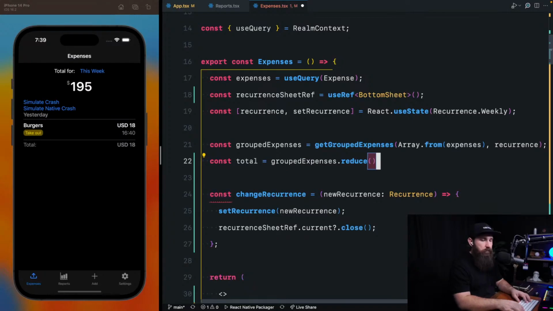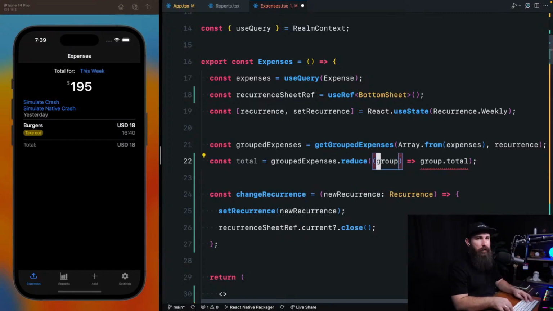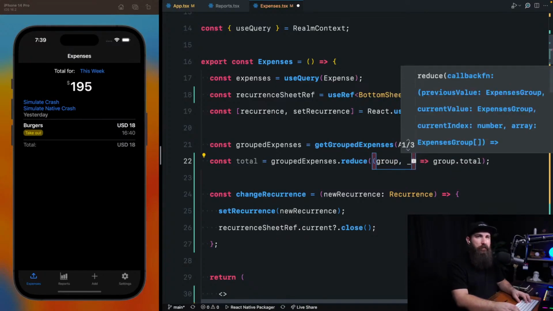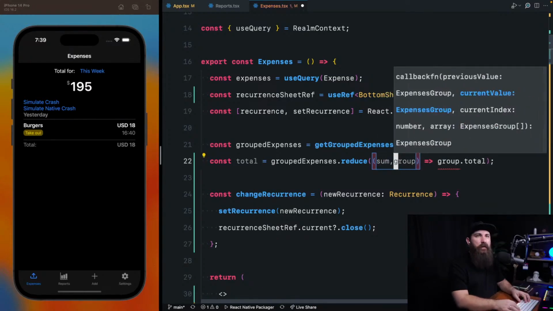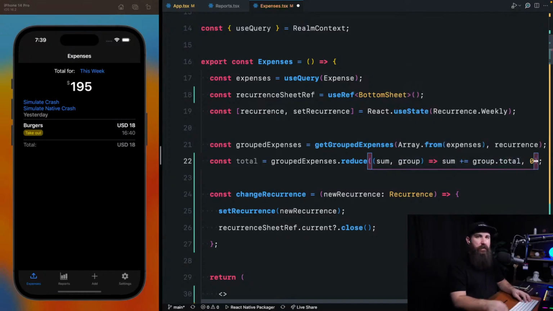I'm gonna say reduce, get me the group. We're going to return group.total, and we also wanna return not the index but the previous, oh yeah, previous value and the current. So sum plus equals total, while the default one is just 0. Okay,